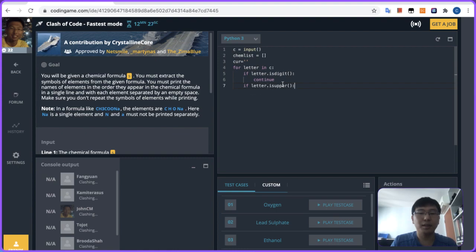If letter is upper, then current plus equals letter. Over here, if current is not blank, or if the length of current is greater than 0, that means if there is a previous character, then what we'll do is we will just